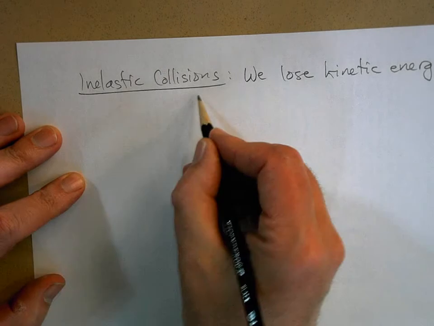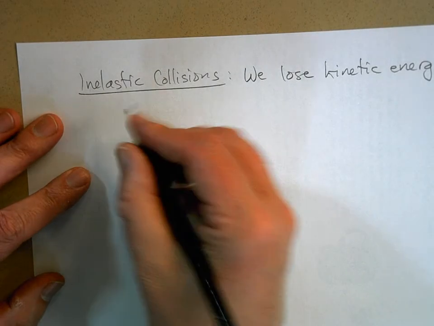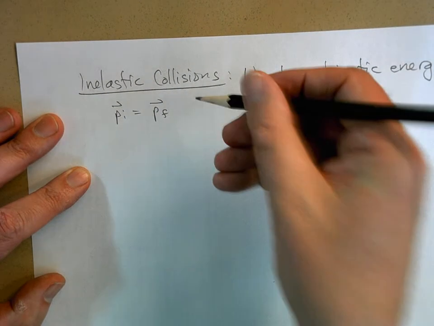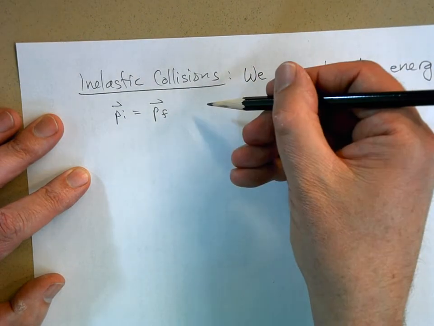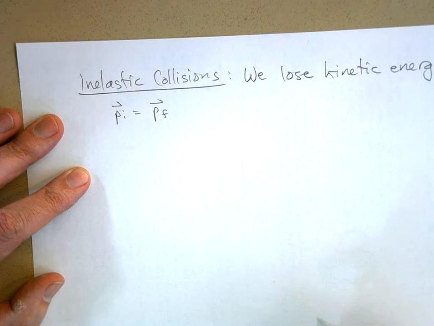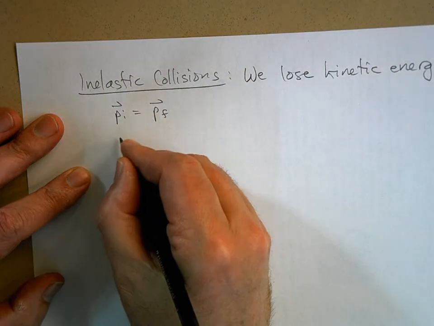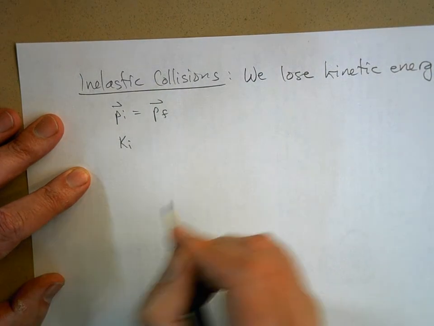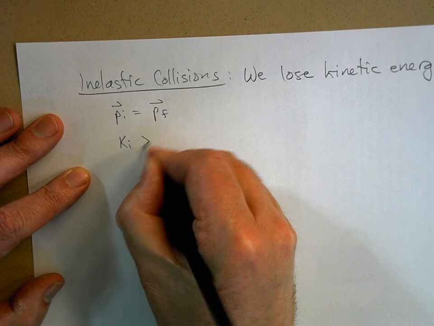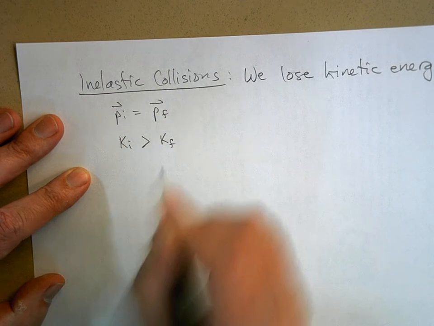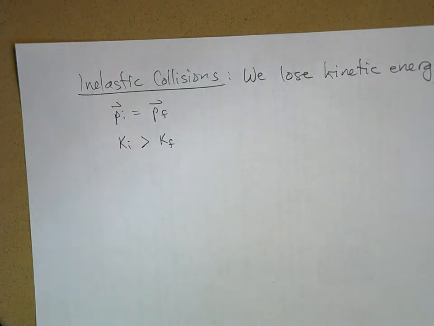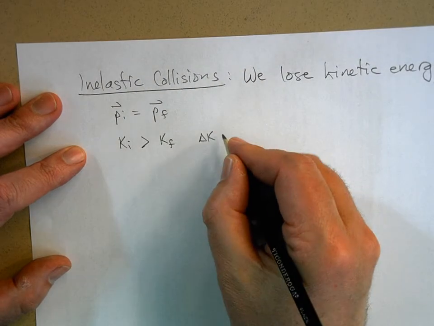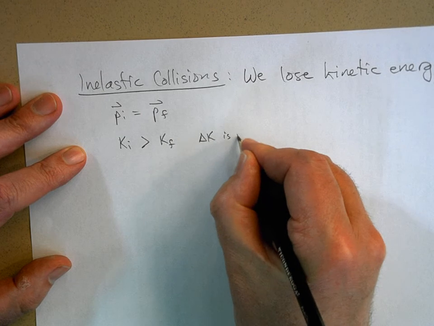In an inelastic collision, here's what we're going to do. We're going to say that the initial momentum is equal to the final momentum. This is true for all collisions, including inelastic collisions. But the initial kinetic energy is greater than the final kinetic energy of your system, because we lose it. And where does that delta K go? Delta K, this means delta K is negative,